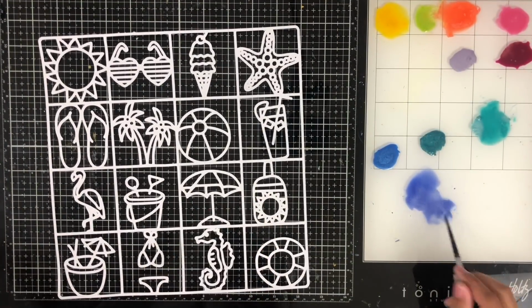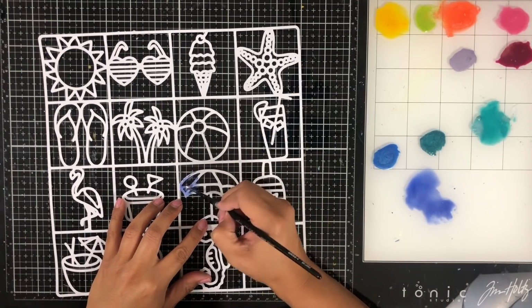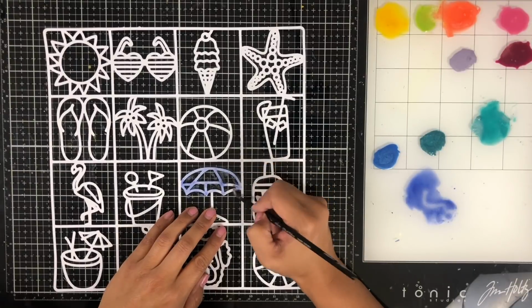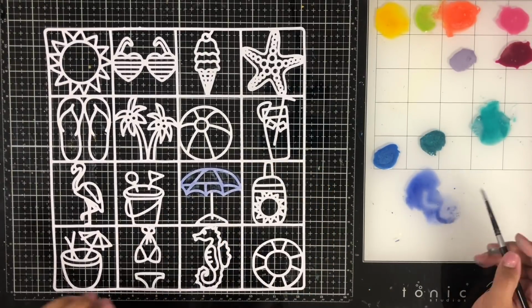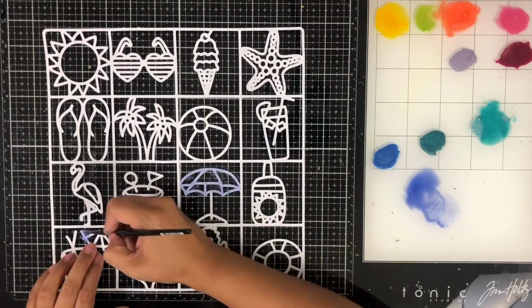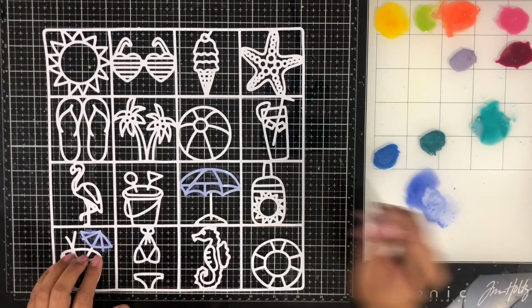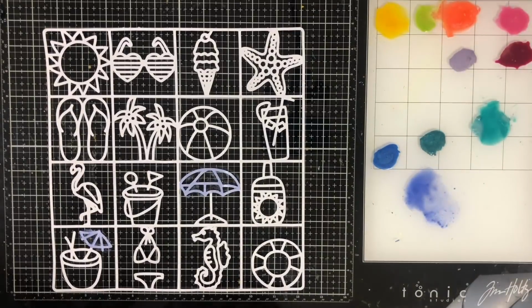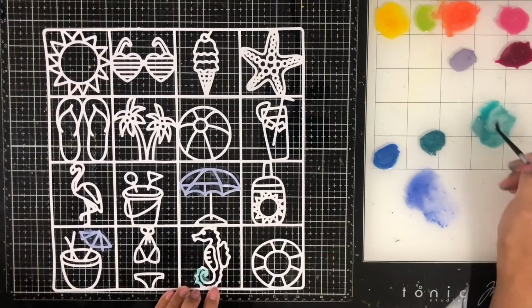Okay, so I'm going to keep this very simple. I am just going to be painting this entire cut file. I didn't want to back any of the cut file. I just really wanted to paint and make this cut file super colorful. So that's what I'm going to do here. I'm just basically taking one color and randomly painting a few items on this